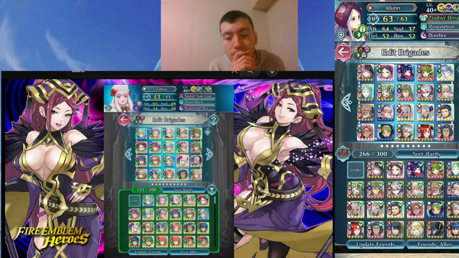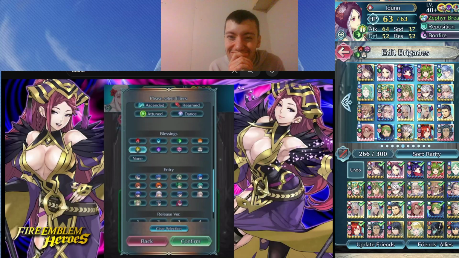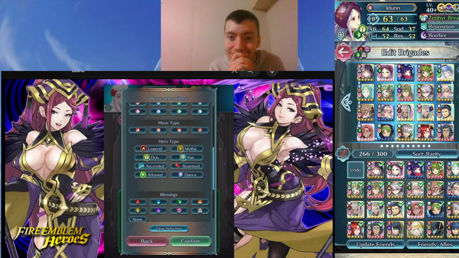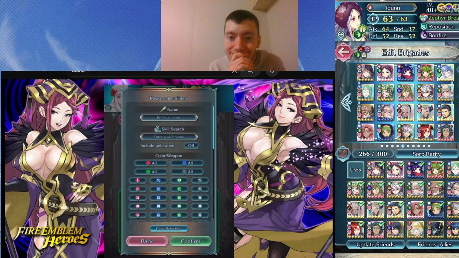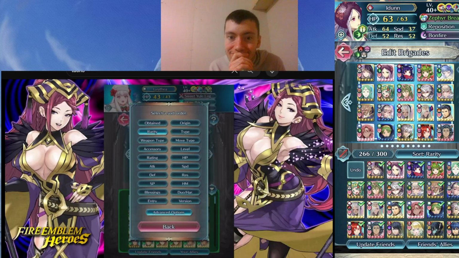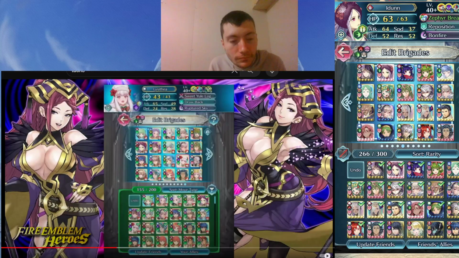And you also want to make sure that your movement types are very balanced here, because you're going to want to try to make matching movement types where you have 2 of a kind and then you have 1 of every movement type. So if we go ahead and sort here by movement type, we can take a look at how my squad is set up. Yeah, so we've got pretty much 5 of every movement type. I have 5 infantry, 5...